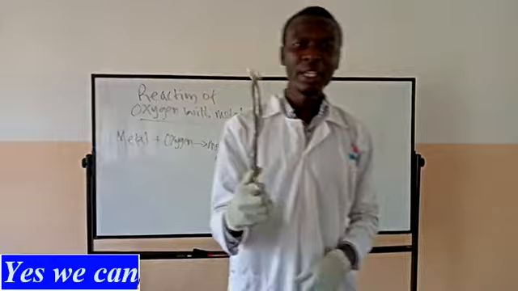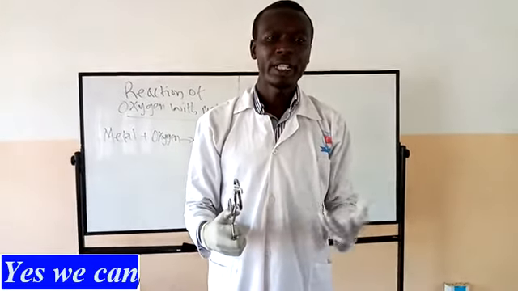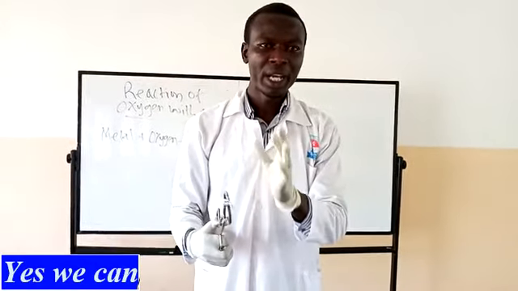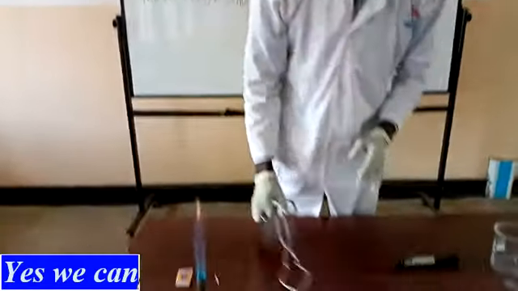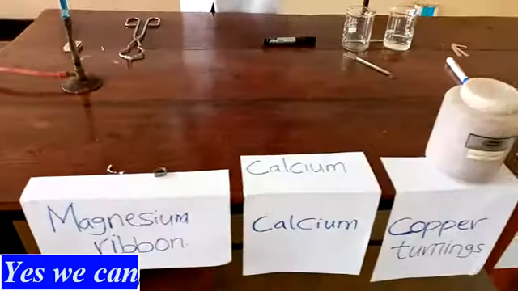And this oxide is only very slightly soluble in water. Therefore, we may not easily get the results we want if we dissolve it in water and test with litmus. So, we shall leave this at this point, and I hope you have noted the color. The next element, the next metal we shall look at is calcium. So, I have here calcium,